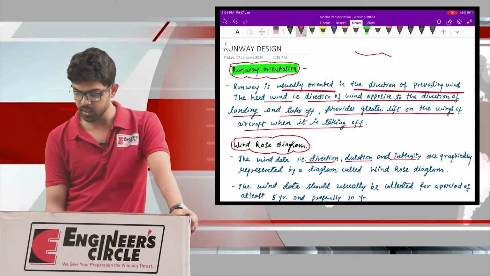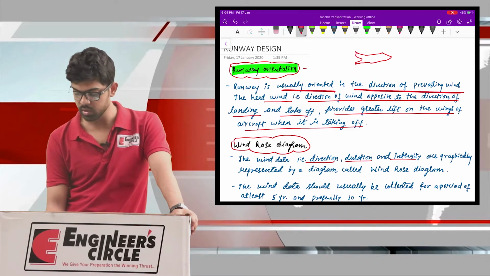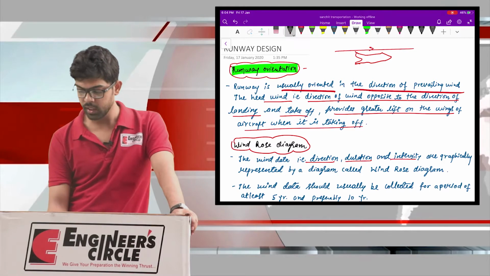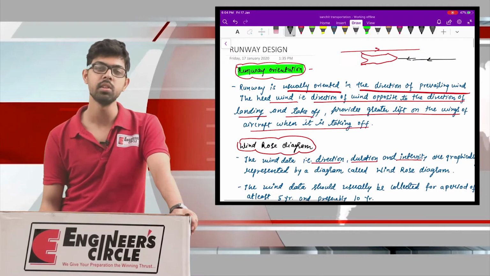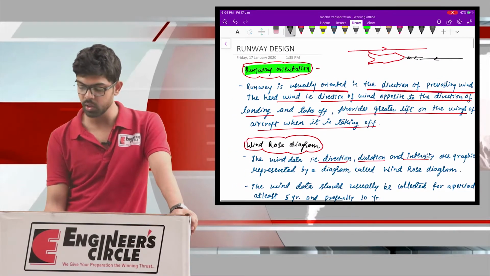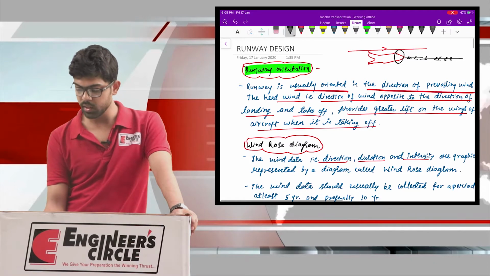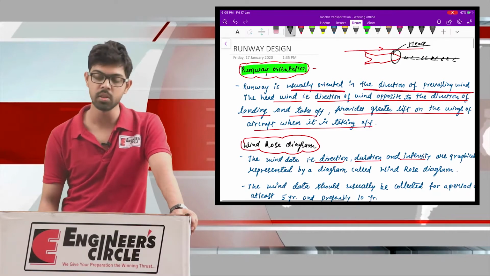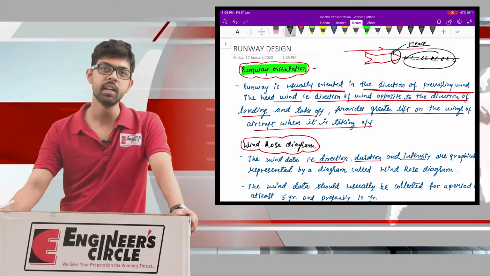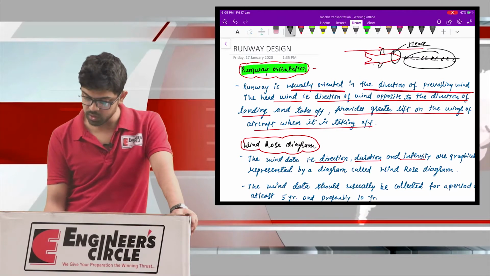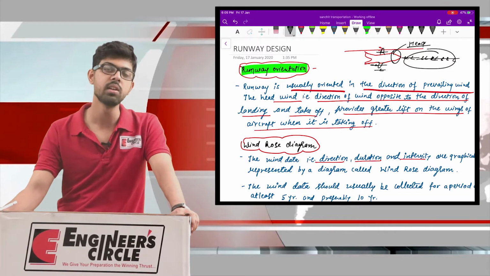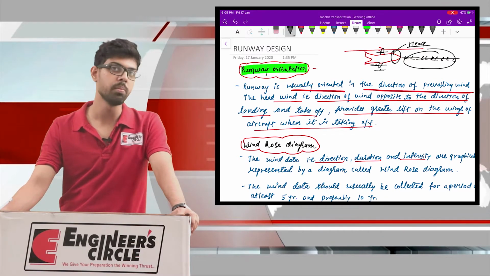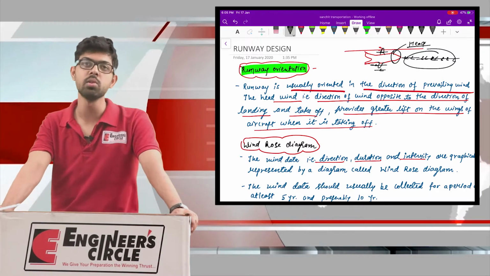So suppose this is my aircraft and it is moving in this direction, and the wind is blowing opposite to the direction of movement of the aircraft. That is the headwind component, the component which is moving towards the head of the aircraft. Okay, so this is the head of the aircraft, so that wind component is known as your headwind component. And this wind component provides a greater lift. Suppose these are your wings, so this will flow over the wings and under the wings, and it will provide a greater lift to the aircraft during the takeoff operation. Okay, and at the same time it will support your landing operation.